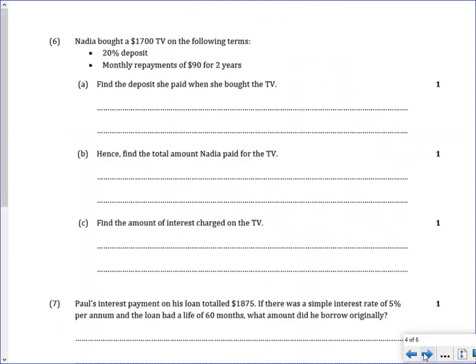Going on to the next page. So Nadia bought a TV for that much amount of money. There was a 20% deposit and then the monthly repayments. So first of all, we need to find the amount the deposit was. So that's just 20% of 1,700, which gives me